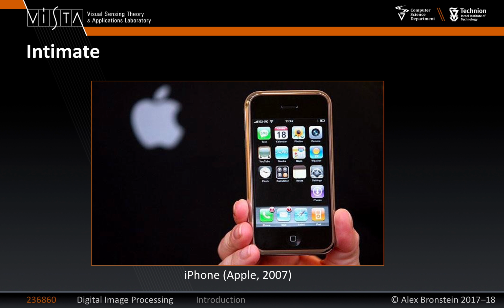So basically we have a camera in our pocket now, and just imagine in less than 10 years how profound was the change in our culture, in our social habits, how we communicate with people. So people, astronauts that went to the moon took a few dozens of photographs, and every photograph was of incredible value. I think we share on social networks 10 times more in a single day without any particular reason. So we changed completely the way we communicate through images. This was basically the goal that our ancestors had tens of thousands of years ago. Okay?